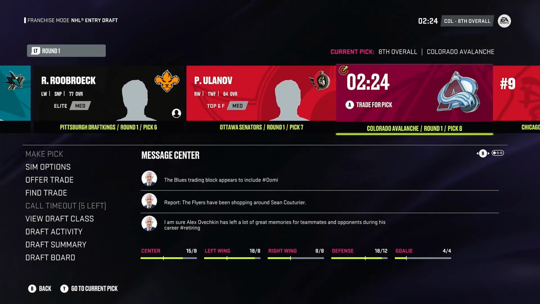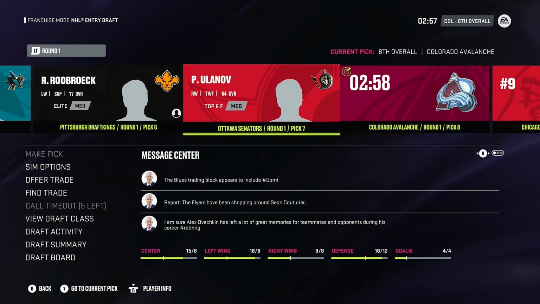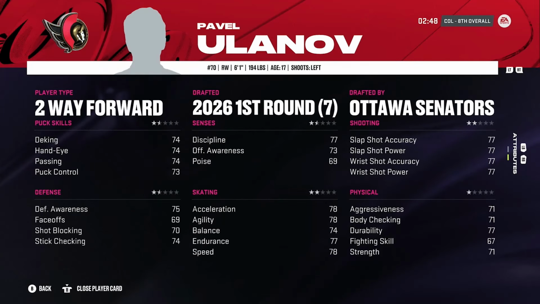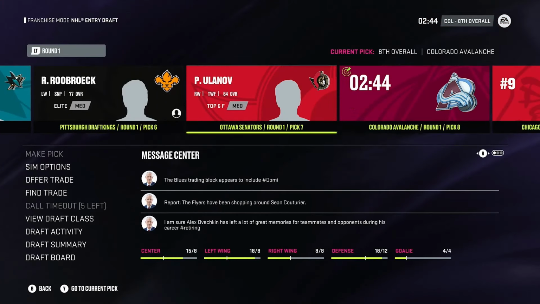Sim pick. Whoa, way off the board. Ulanov, 64 overall, medium top 6. Is this the worst pick that we've seen so far in this testing the draft? This might be the worst pick. Holy crap. And they passed on...